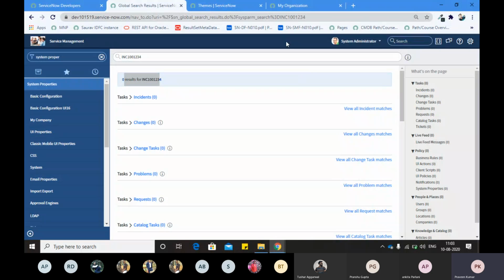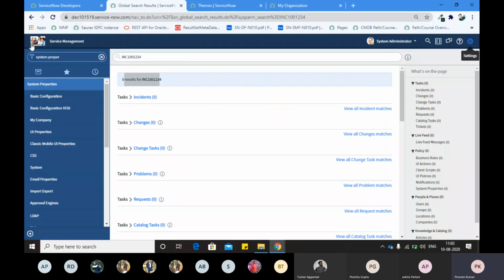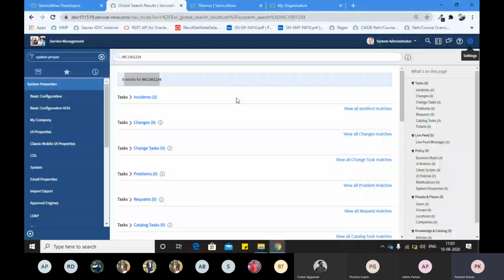All these questions actually come in the admin exam as well. When you take your CSA, all those things will come: where is the global search, what are the different kinds of search available in ServiceNow, right? What does the system settings icon have, right? And what will happen if you click on the icon? It will take you to the home page. What is the welcome page? A user can select two kinds of welcome page, either home page or dashboard, right? Such questions will also come in your CSA, in your admin examination, right?